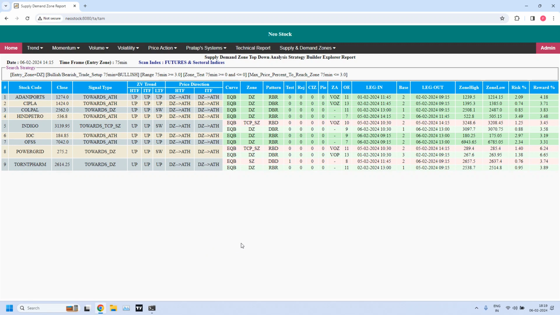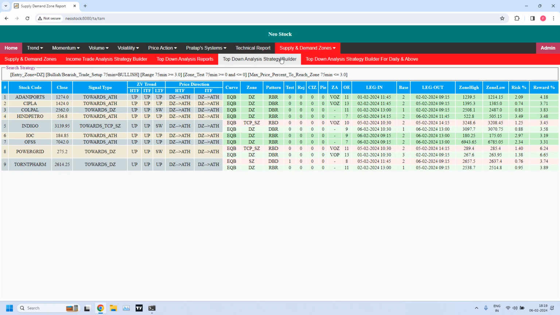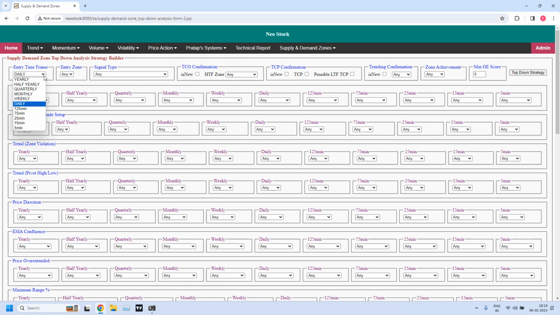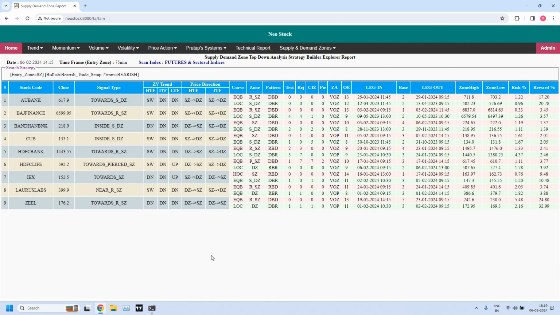Now let us look for the bearish trade setup for the 75 minutes time frame. So changing the time frame to 75 minutes, that means it is a WIT setup, and the entry zone should be supply zone. Your bullish or bearish trade setup for 75 minutes should be bearish. Now 9 stocks are filtered. These are the supply zones. If you want only fresh zones from these supply zones,